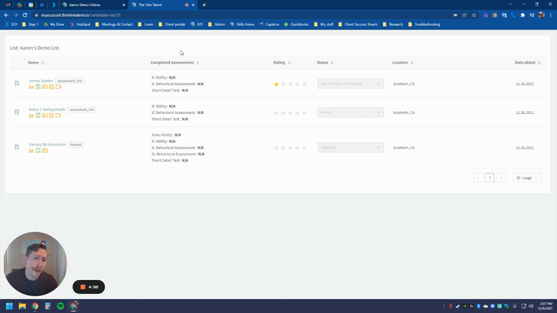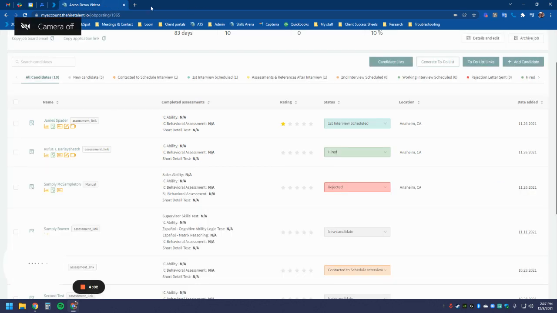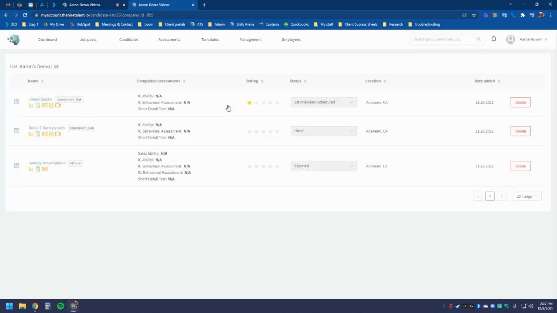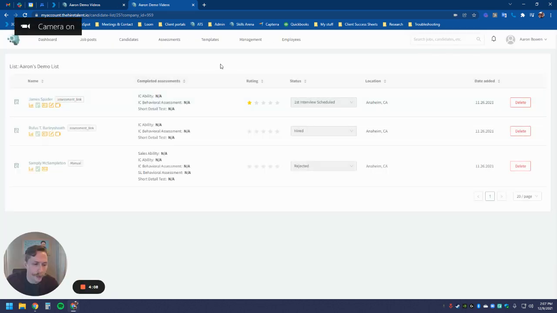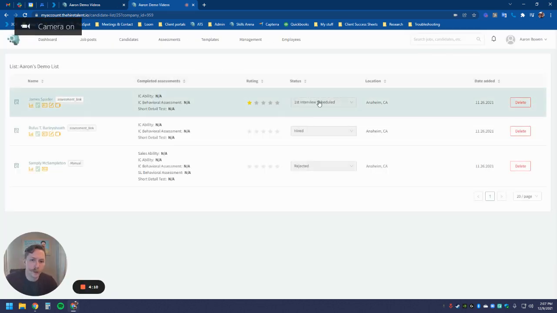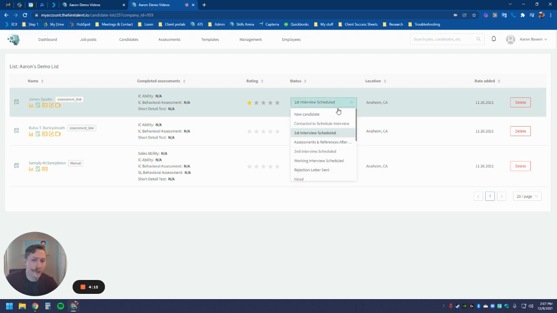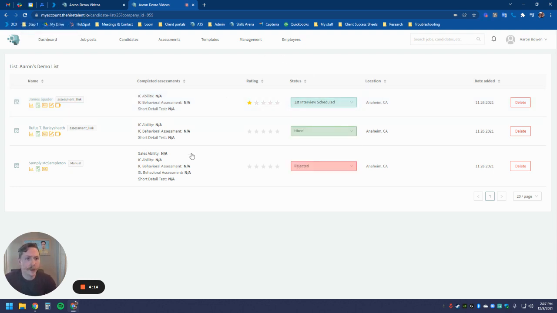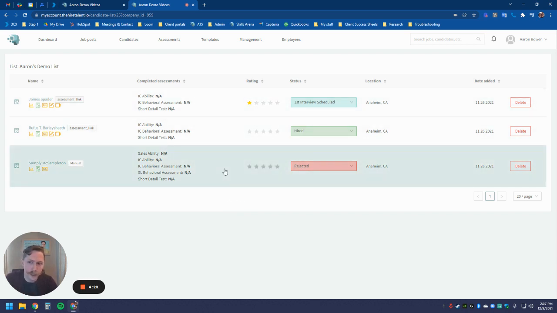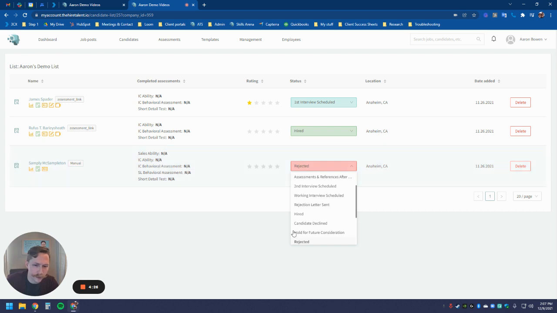Now, if they have user access, again, I'm going to start from the beginning. They can log in, and I'm already logged in, so it's just going to pop me in here, but they'll be able to log in and make all of the changes that you would be able to make, with the exception of they won't be able to go through the job posts and things like that. They'll see the list here. They'll be able to make any changes. So, if they saw that you had this guy set to rejected and he's in the list for whatever reason,